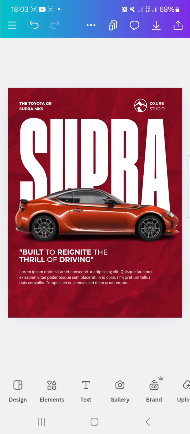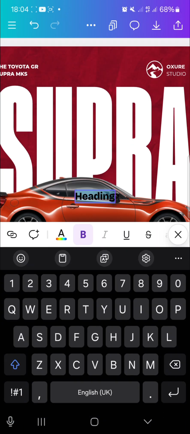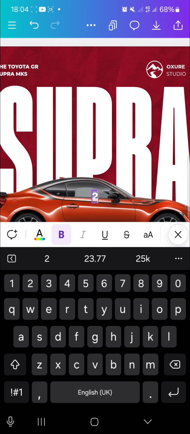So we're going to put in our footer texts. So I'm going to put them in so that I don't waste our time, and then I can show you how I did it. Alright, let me just carry people along, even though it will make the video very long, but it doesn't matter. So we're going to click on text, click on this heading, and we'll type in